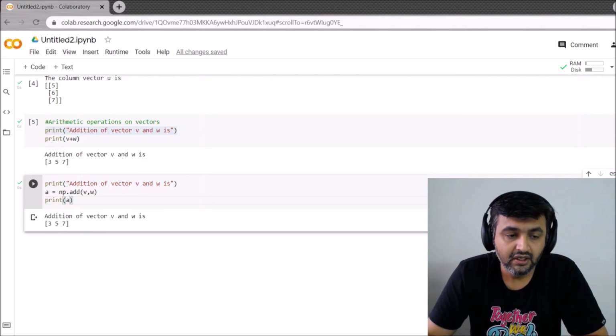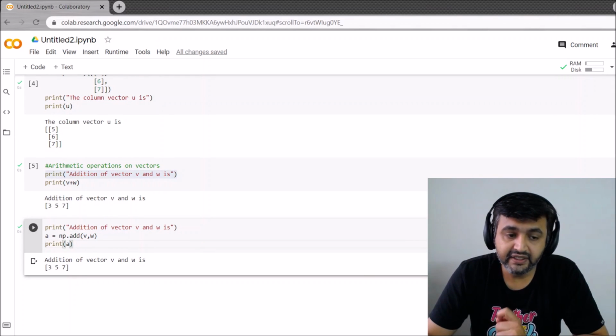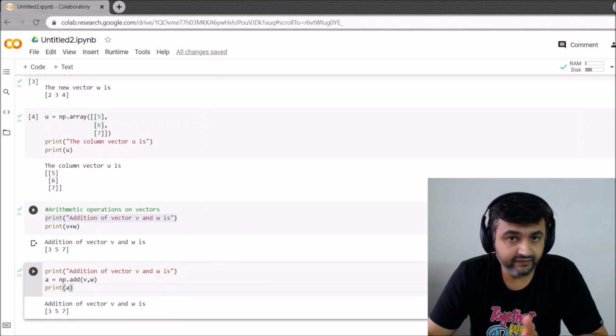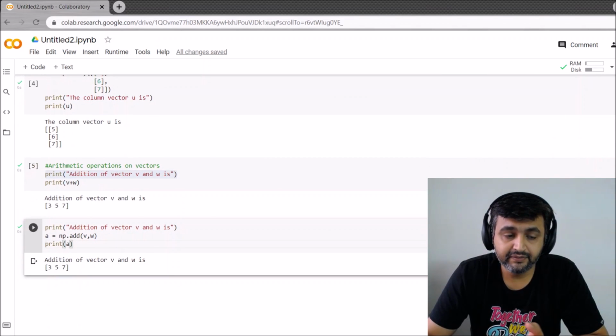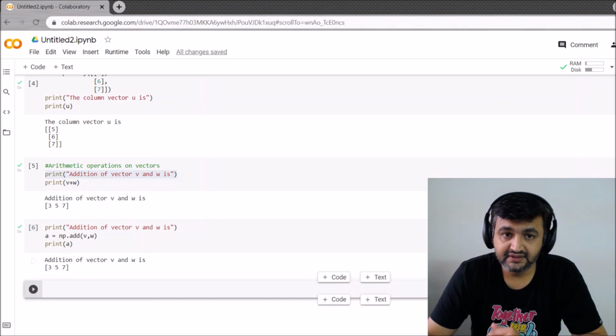This a is getting the value of the addition of v and w, and then I'm printing a. So you can add the vectors in 2 ways. Either you simply write print v plus w, or you can say print np dot add. So add is a command which adds the v and w vectors. That's how you can do addition of vectors.